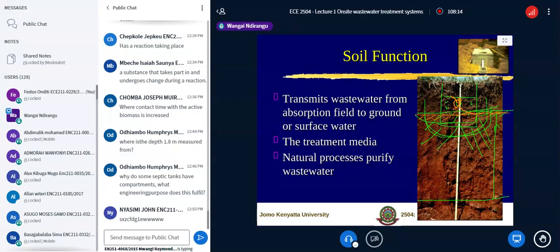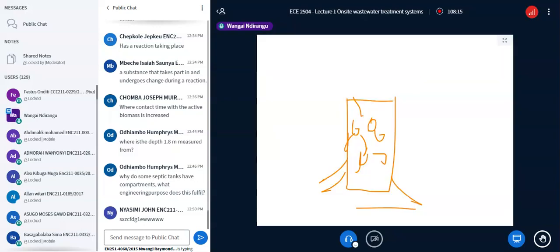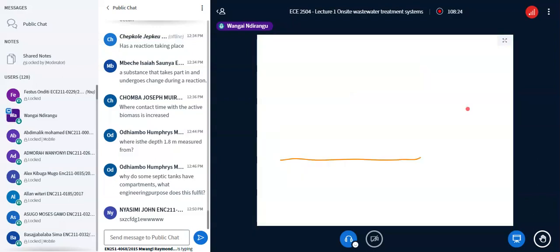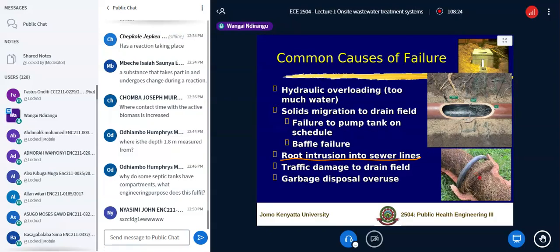So this is what is being demonstrated here. It finds its way through the joints or through a crack and gets in. And therefore it forms, because that place is rich, it is good. The issue of the traffic damage, and I think you know the various ways of protecting